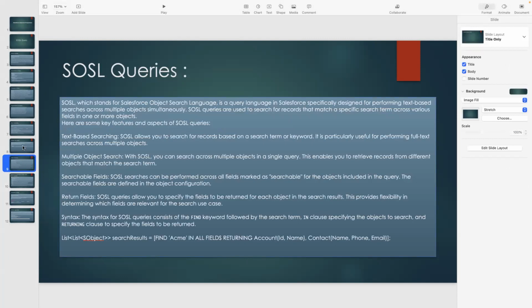Then comes the very important question. What is SOSL queries? What is the difference between SOQL and SOSL queries? There is only one theoretical question in this particular topic, that is the difference between SOQL query and the SOSL queries. Most of the people might not have written the SOSL queries in their real job, because they are very rare. Sometimes we define a keyword based search, or if someone has implemented knowledge articles for the